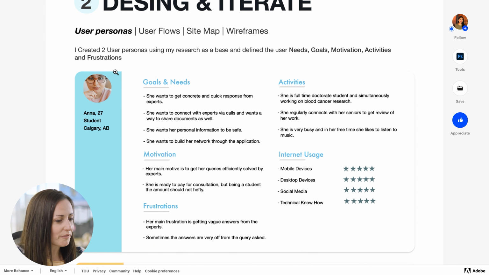So already I'm spending a little bit more time on this, and I might be more likely to put this portfolio to the side and check out the next one, just because it's taking me a little bit of time to really get the main points across here. So I'll scroll a bit further down into designing and iterating.